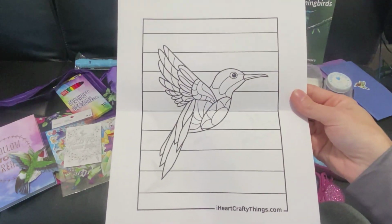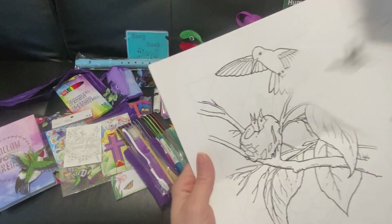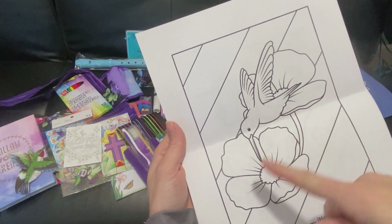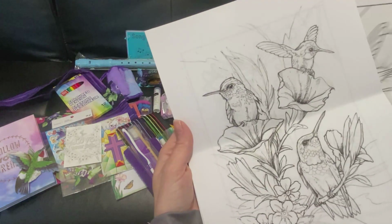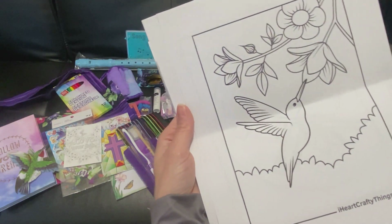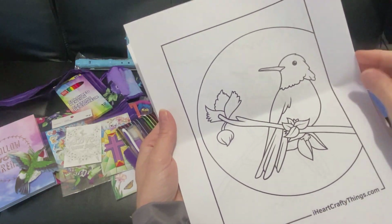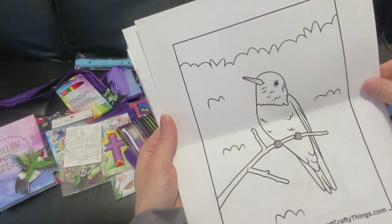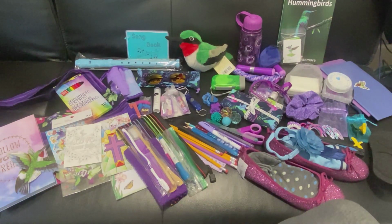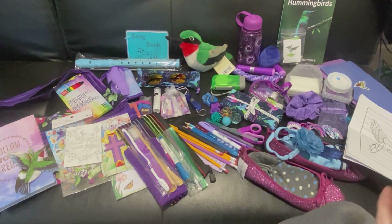She's got some coloring pages. And there's a how to draw a hummingbird. That sort of looks like her little hummingbird figure with her flower. I Heart Crafty Things has really nice coloring pages, and I was very impressed with the hummingbird ones. They're a little bit simple, but they're still really, really nice. Some ones they have are kind of almost scary, but the hummingbird ones are really nice. She has a dry erase mat,